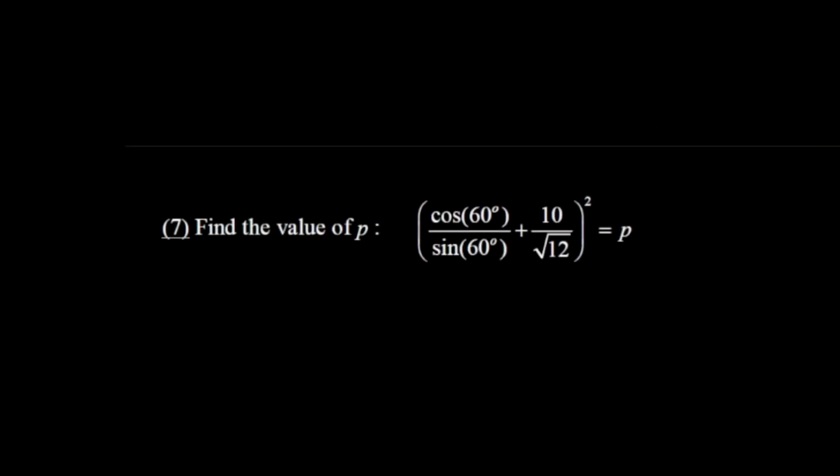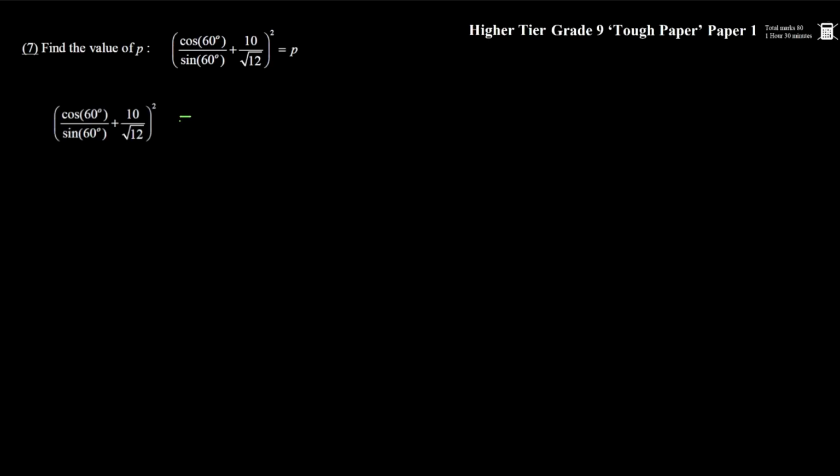This is a question which will prove the total advantage of fractions over decimals in a question like this. We're going to be looking at surds going into this equation once we put in the two standard values for both cos 60 and sin 60. Okay, let's start. Cosine of 60 is a half, and we divide this by the sine of 60, which is